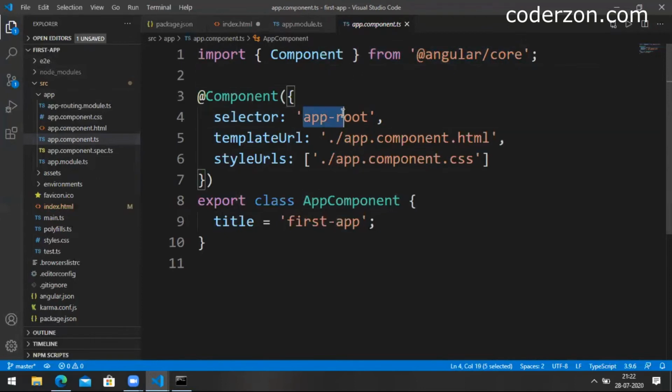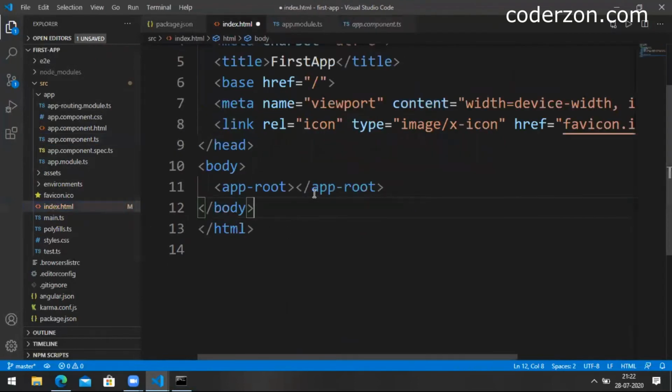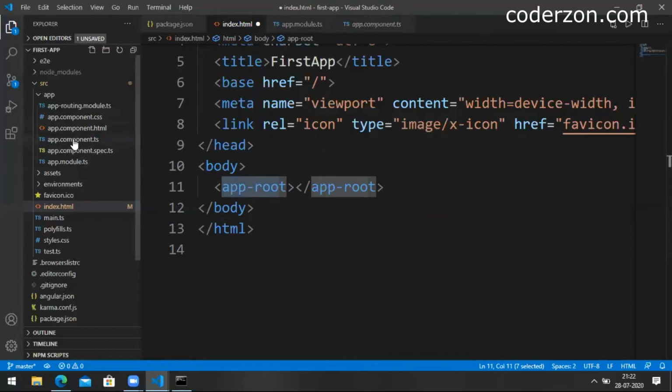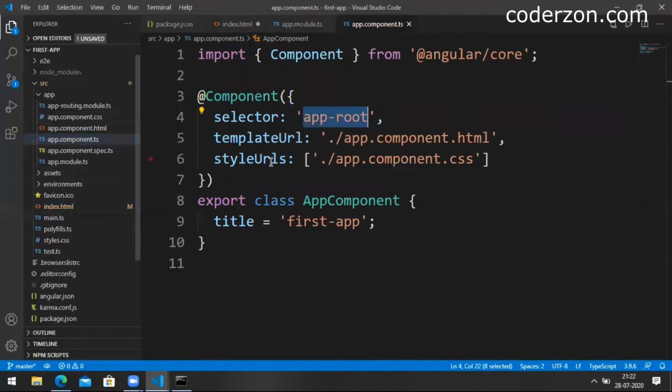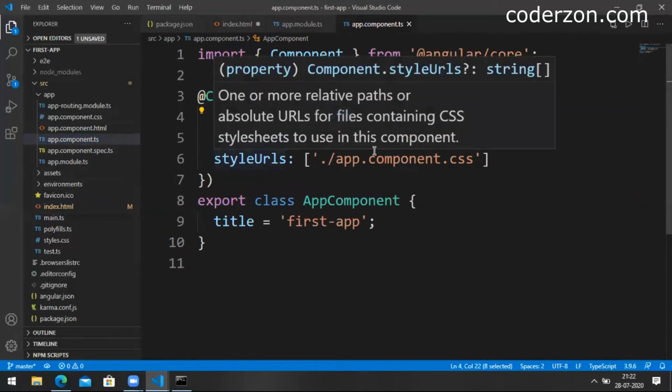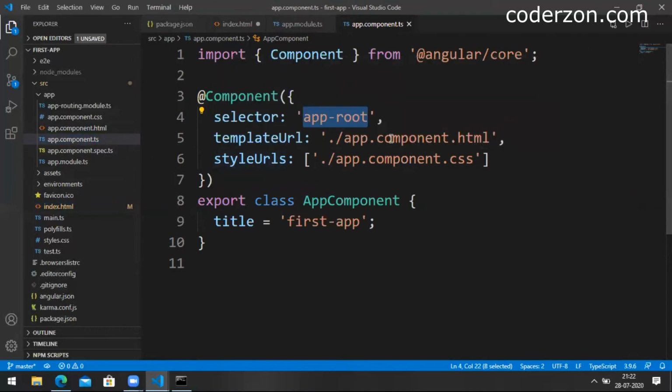Now, this is the selector we have used in this particular index.html. Inside the body, we have used app-root. Now, app-root is this particular app.component.ts, and this app.component.ts has an HTML, right?